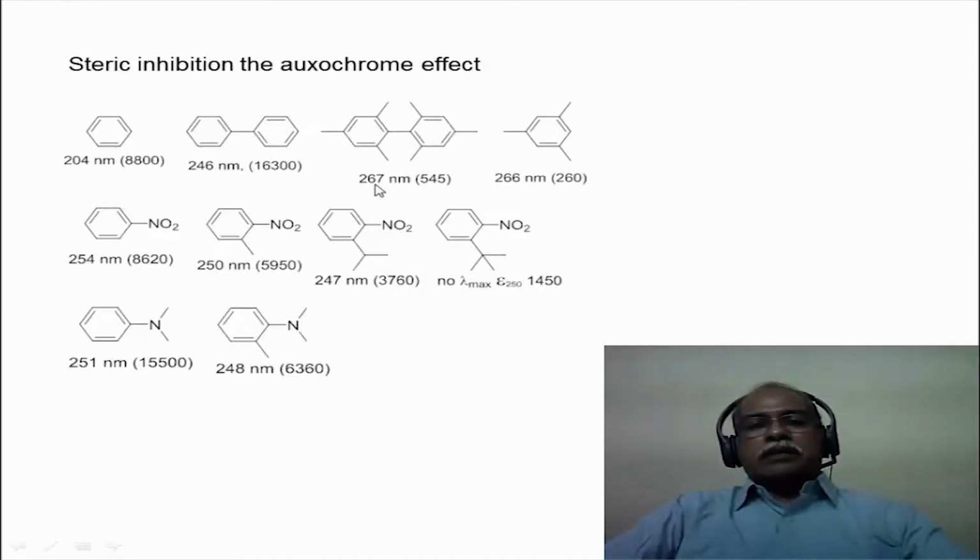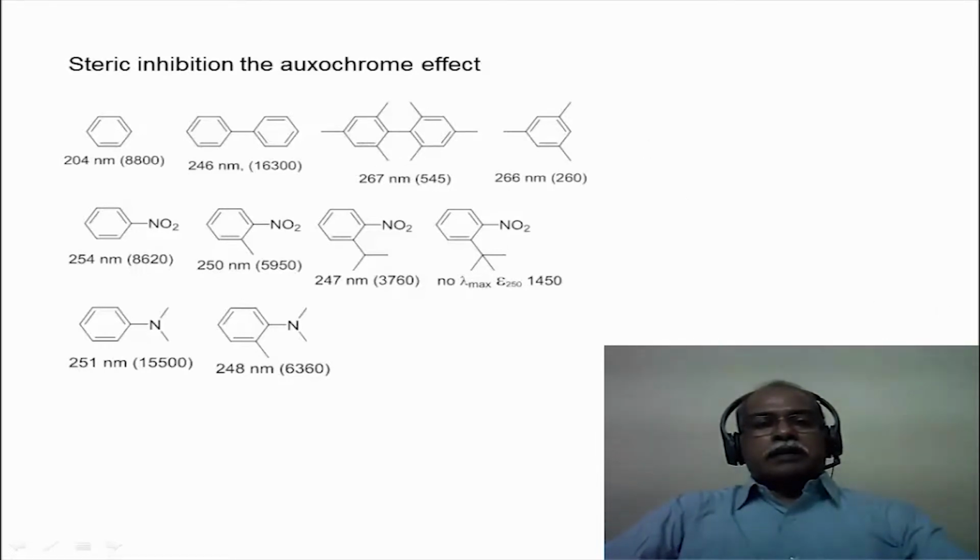In other words, this is like a simple trimethylbenzene spectrum that is seen. This is because you have the ortho substituents, which are going to make these two phenyl rings out of plane with respect to each other. So the extended delocalization of electrons is not going to take place because of the steric inhibition of the methyl groups which are present in the ortho functional group.